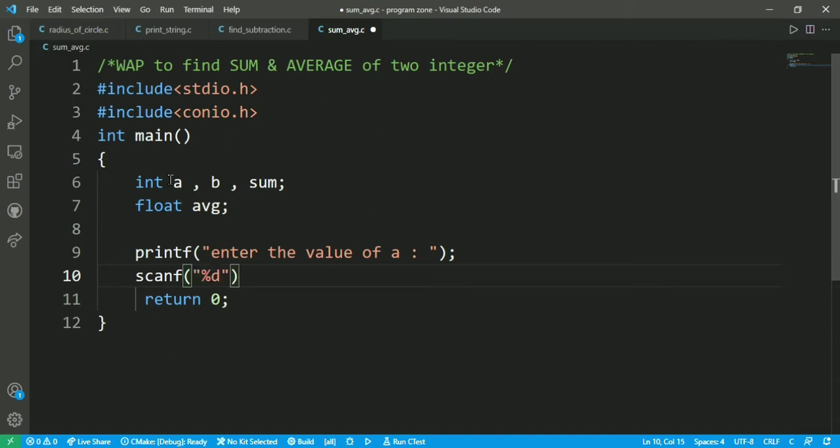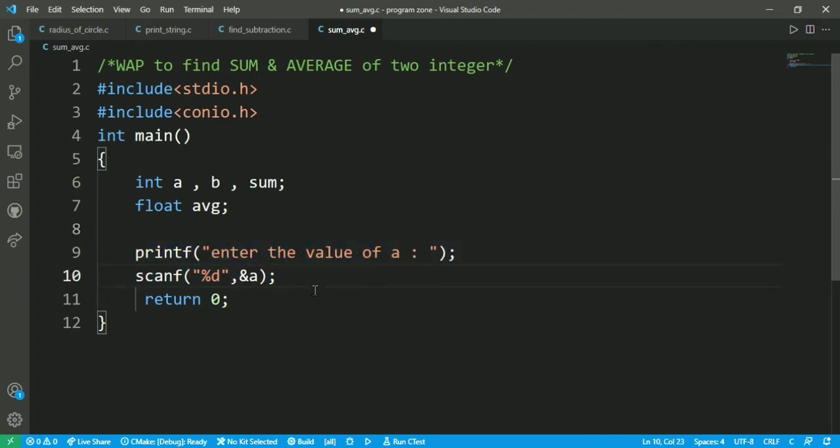After that I have to put the variable a, sorry, with the ampersand sign, and after that I have to do the same for the variable b.